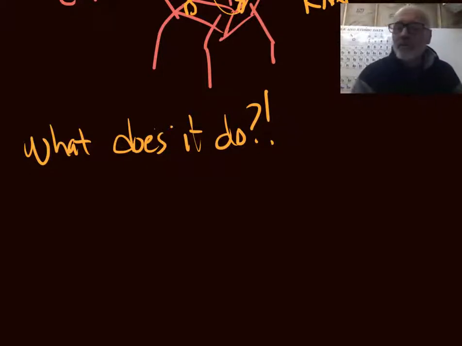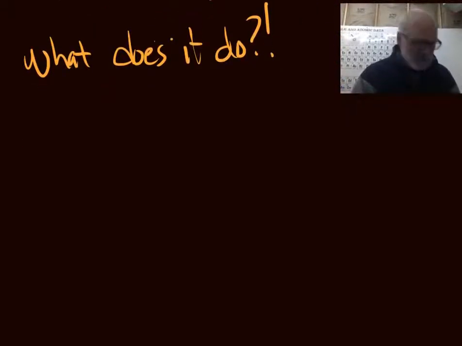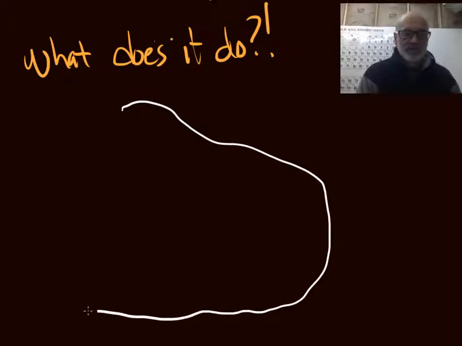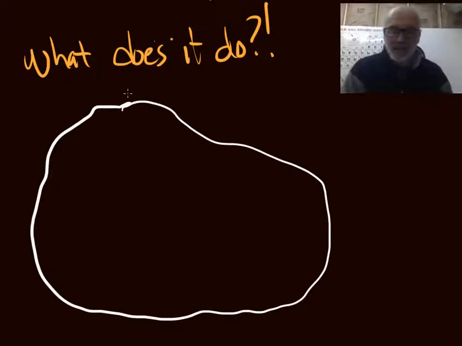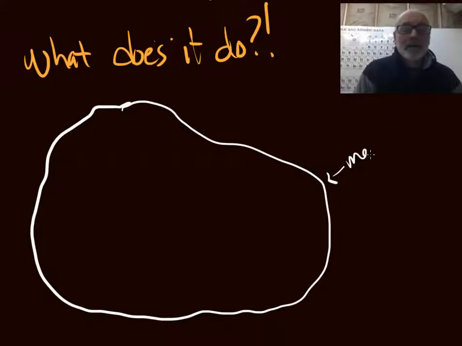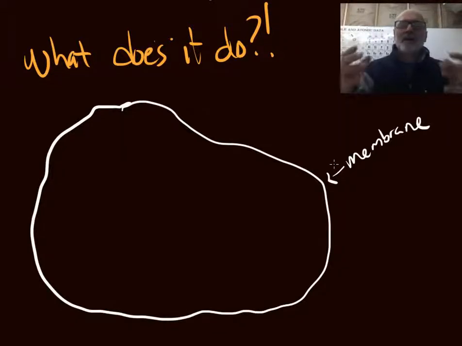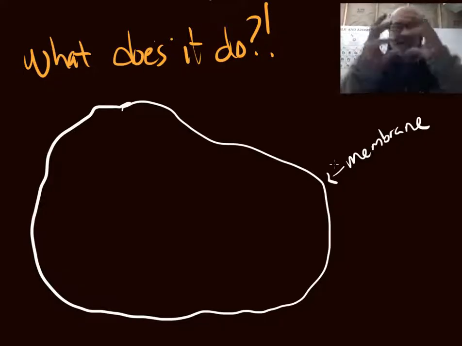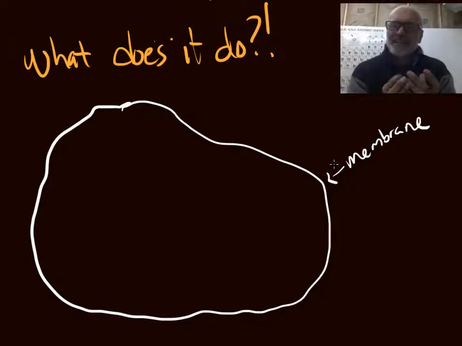So the first thing we have to do is understand what a cell is. So here, I'm going to draw a picture. Let me draw white on the outside. So this is huge. This is magnified a bazillion times. They're very small. So this on the outside here is what's called a membrane. Think of it as a Ziploc bag, a plastic bag you seal up. That's kind of what they're like. The plastic bag is the membrane. It coats it, it covers it, it protects it. It completely surrounds the cell.